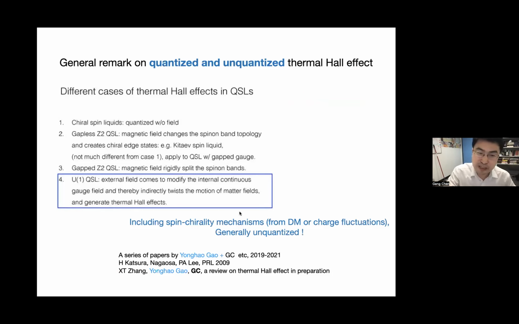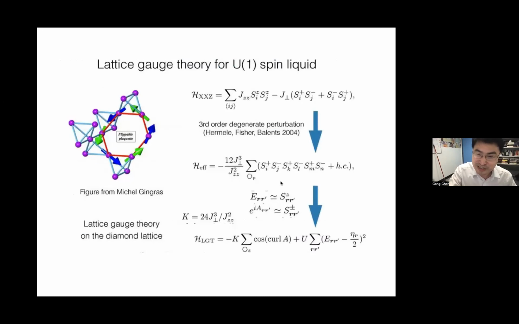So for this U1 spin liquid, the theory is that this flux is not a spin chirality, not a scalar spin chirality. It's the linear component of spin. So Zeeman coupling directly induces an internal dual U1 gauge flux. So that's the key, right?